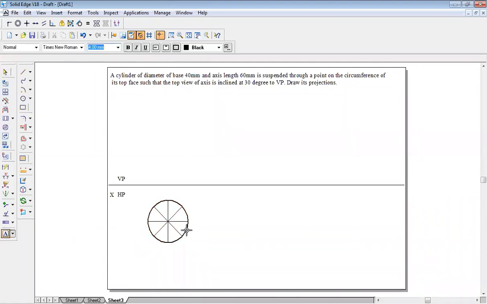Name the corners. Since it's a cylinder, you have to name top and bottom corners. So this is A1, A bracket A1. This is B1, B bracket B1, C C1, C bracket C1, D D1, D bracket D1, E E1, F F1, G G1, H H1, and this is G1, and this is H1, and this is O1.